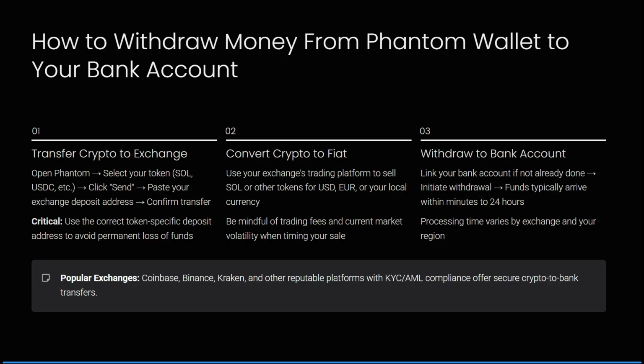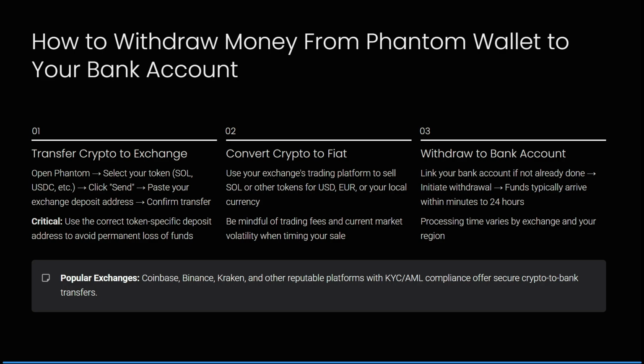Today I'm going to show you how to transfer funds from Phantom Wallet to your bank account. Alright, so the first thing you need to do is open your Phantom app on your mobile device, select the token that you would like to actually transfer, and then you need to click on send. You now need to paste your exchange deposit address and then confirm your transfer. So you need to use the correct token that is specific for your deposit address to avoid any permanent loss